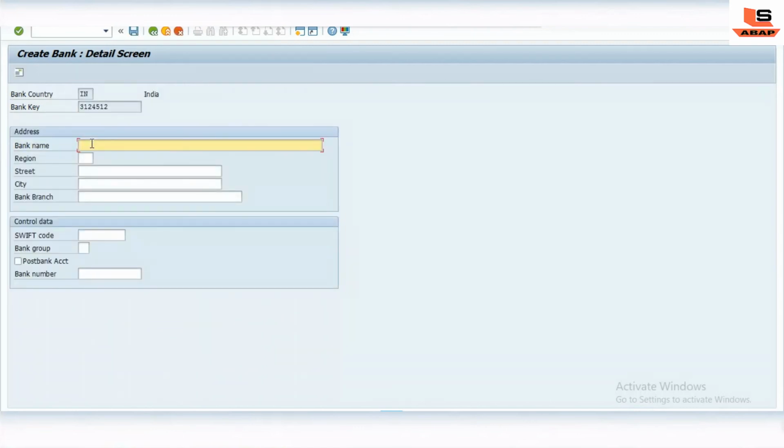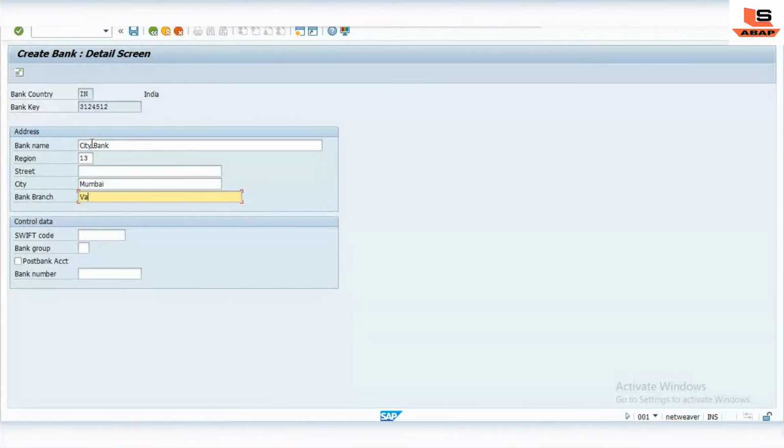Here we give Citibank, region 30, US, Mumbai, and branch Vashi. Again, see the bank account number is blank. I will try to save. No, it won't be allowed to save because we have created the customer exit with the validation called bank account, please enter the bank account number.